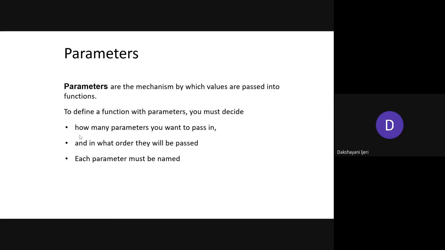If you change the order, you are not going to get any error. Instead, the expected output is not going to be displayed. So make sure the number of parameters is the same. If you mismatch the parameters, you will get an error, but in the case of the order, you will not get an error. Instead, the expected output will not be produced, right? Each parameter must be given a name.